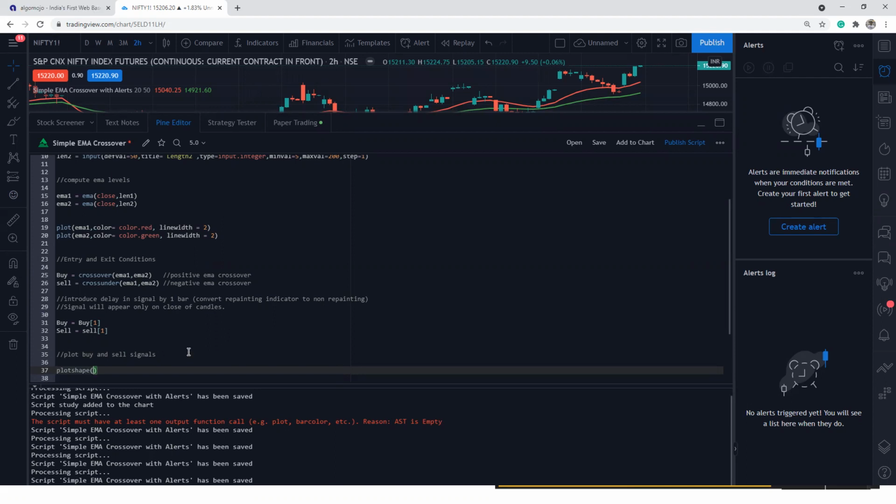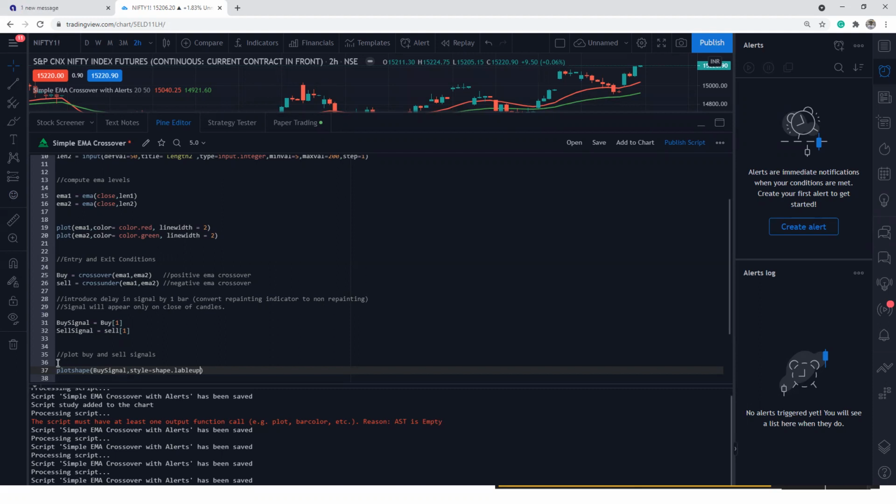Maybe you can give them different names, like buy signal and sell signal. I want to plot for the buy signal. I'm going to plot arrows or labels. I'm going to say style equals shape.labelup.